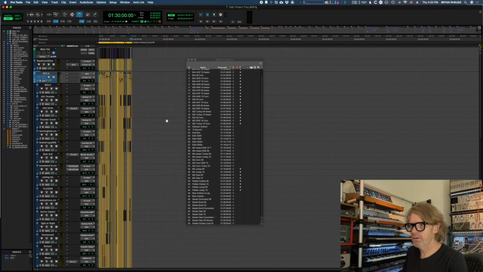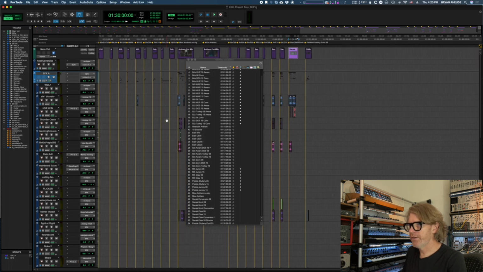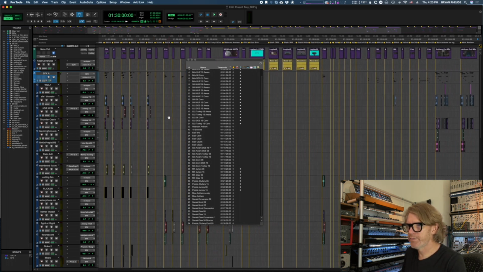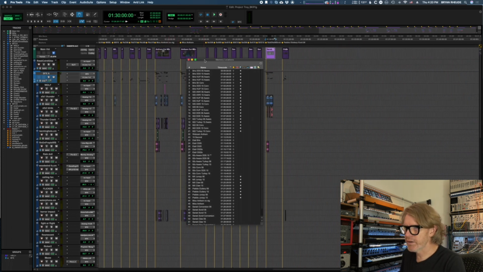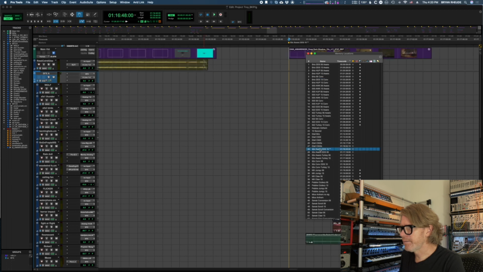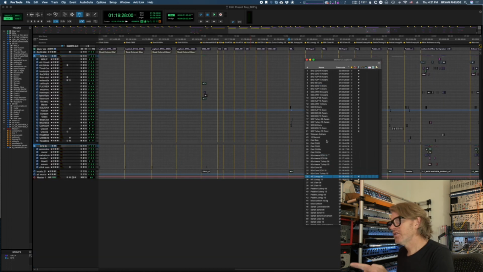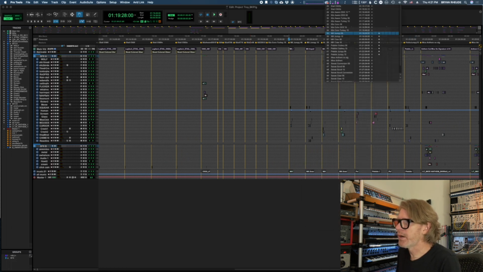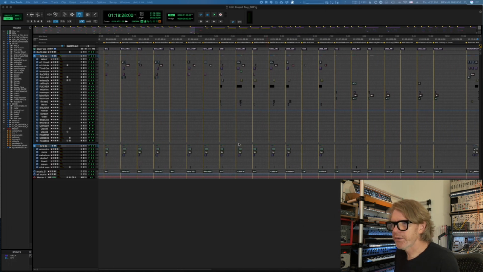This is the whole session here with all the different pieces. The location function, obviously, is there to kind of get around within here. You would do this too if you were working on a film or something, where you can use this as an organizational tool for your cues, and with the time code locations, it makes it super handy. Yeah, so then I just built this all up,